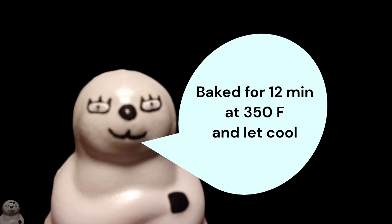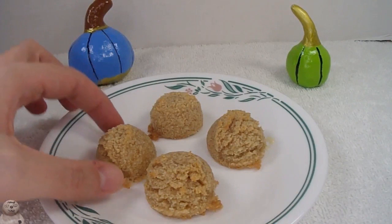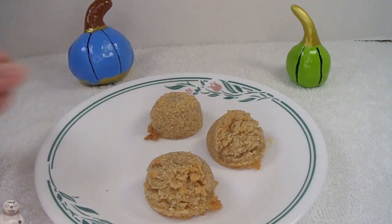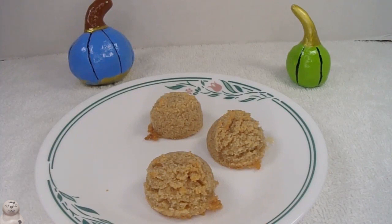And there's the instructions. 12 minutes at 350. Isn't that cool? There they are. They didn't move. I really thought they'd flatten out, but they didn't. They're not bad, but they needed more pumpkin pie spice. And the monk fruit sweetener kind of didn't agree with my system. And to throw these out, but